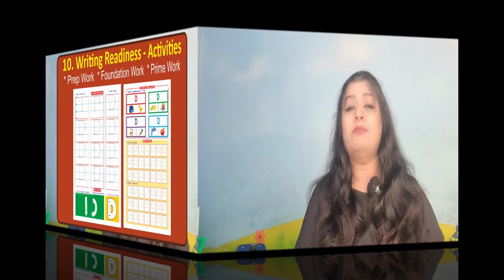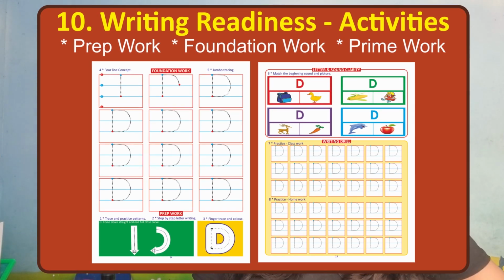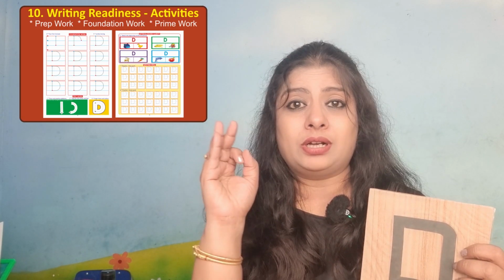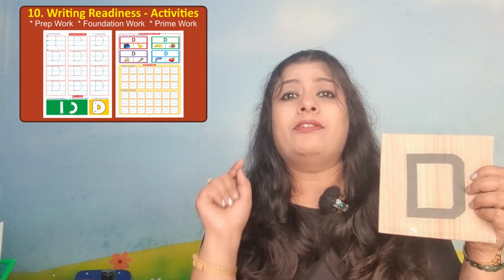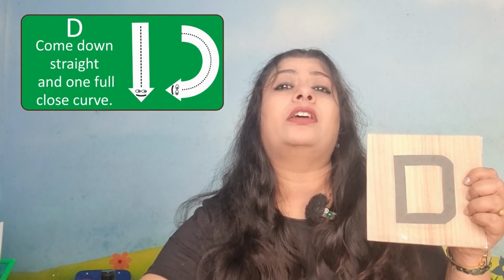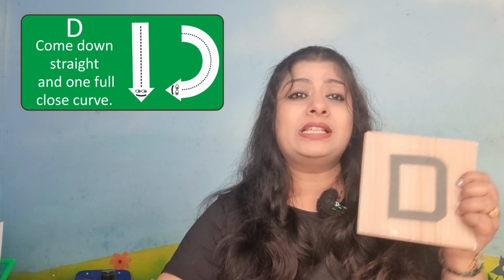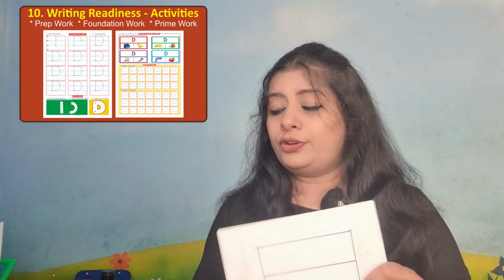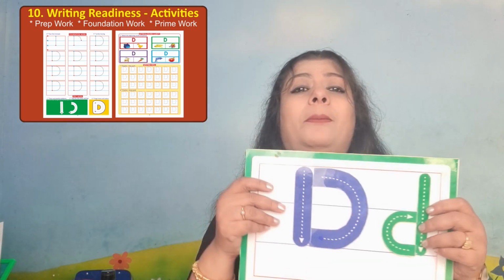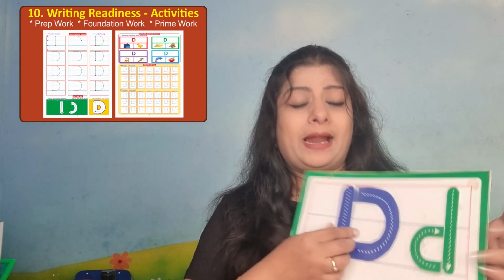And now let us come to the writing skill. Get ready with the writing readiness. Please follow the foundation work, the prep work and the prime work format, and I am revising only the important ones. So sandpaper tracing is very, very important, along with tracing on sand, rava, rangoli, rice, whatever it is. Then introduce the 4-line concept. It can be a 4-line or a 3-line. It's very, very important for you. And then start with the pattern formation. Now you know the patterns that are required.